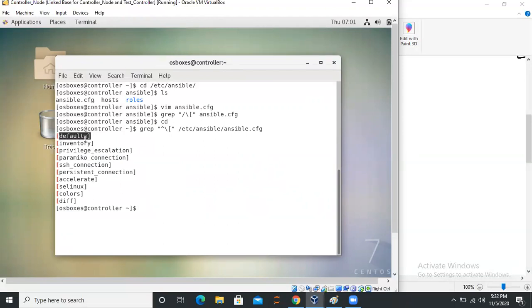Defaults is important. Inventory is not that important, which is the section in which you define an inventory file. Privilege escalation is important. Paramiko connection is important. SSH connection is important, and accelerate is also kind of important. The important ones are defaults, privilege escalation, Paramiko connection, SSH connection, and accelerate.